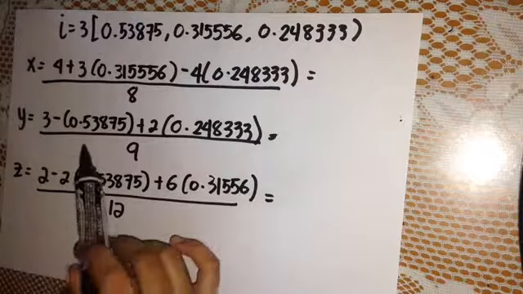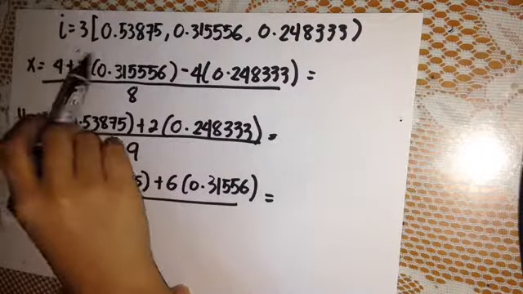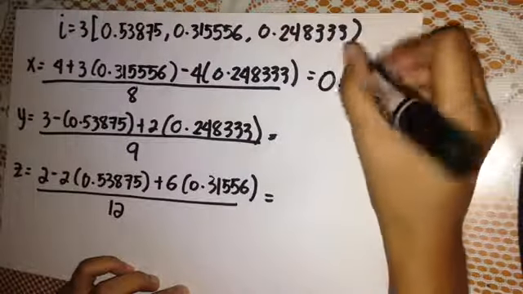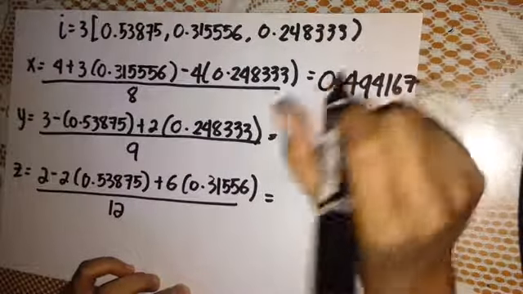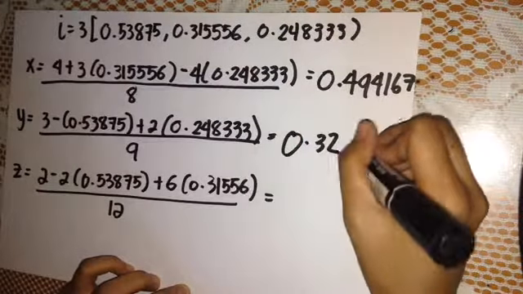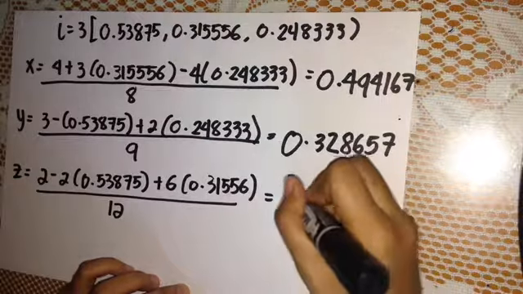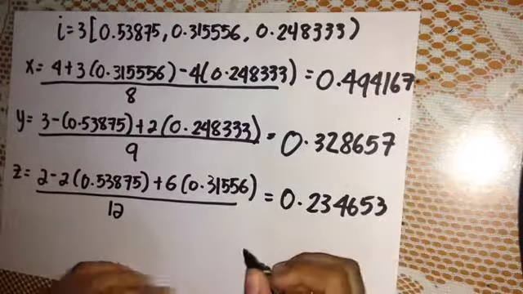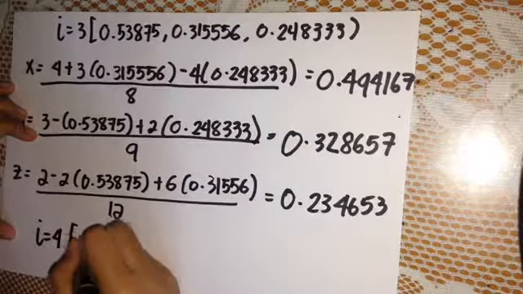Substituting the value of I3 to the given equation, if we substitute the value of I3 to the equation for x, we will get 0.494167. We will get in the y 0.328657. And lastly, for the value of z, 0.234653. Now, we have another initial point at 4, which are